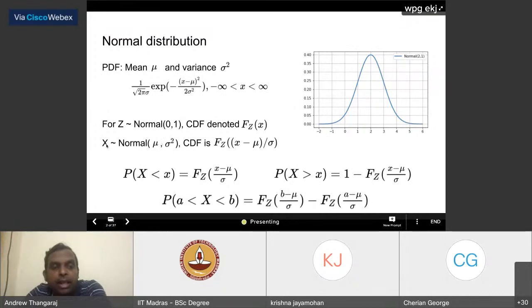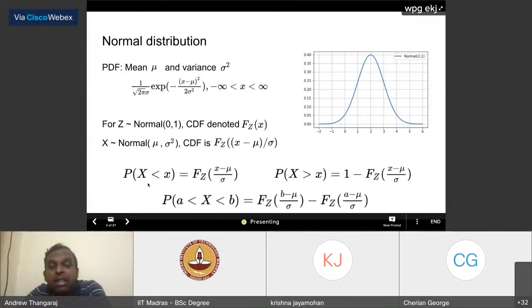Now, what's critical is this very interesting relationship. If you take X to be normal with mean mu and variance sigma squared, it turns out (X minus mu) by sigma is actually standard normal. So the CDF simply becomes FZ of (x minus mu) by sigma. Same FZ, but instead of evaluating it at x, you evaluate it at (x minus mu) by sigma. It's a small little shift in the way we compute, and then all these relationships become possible, right?